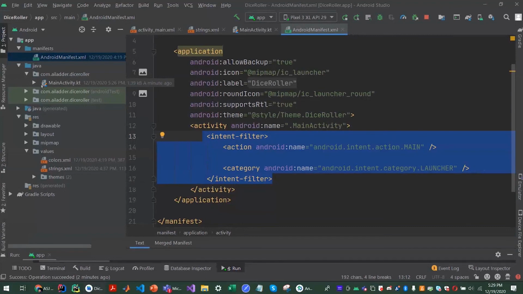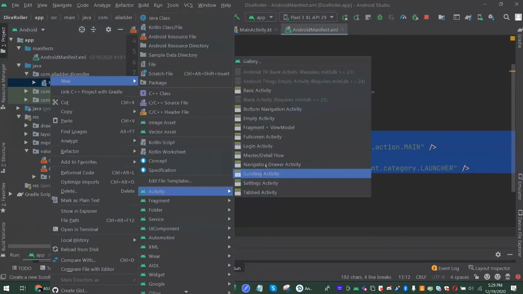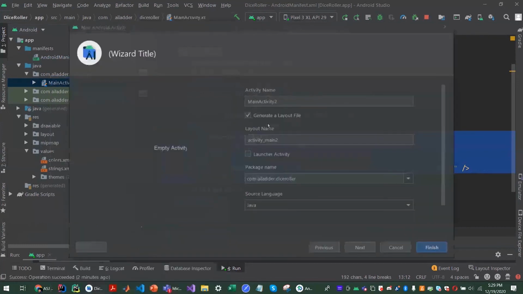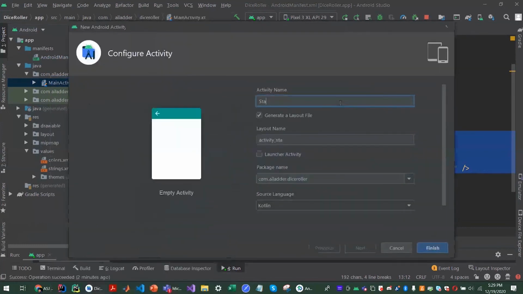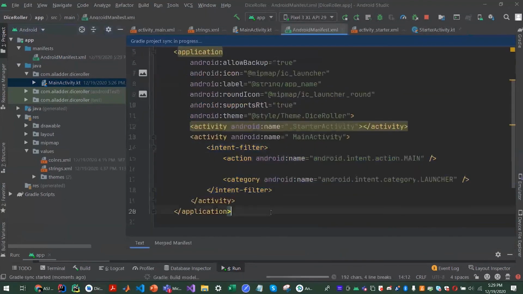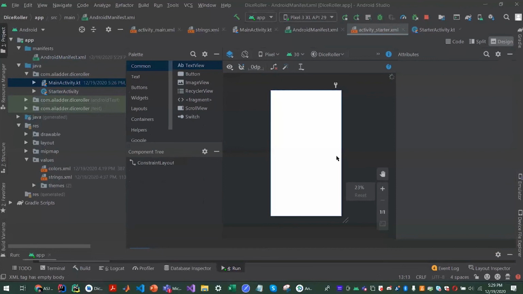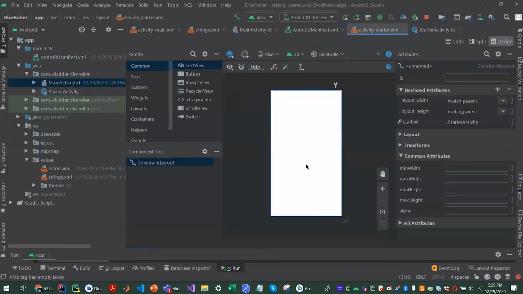Maybe if you want, I can quickly show you. Just create another activity, main activity 2. If you look at the Android manifest, now you'll see there's another one here. And if I look here, start activity started.